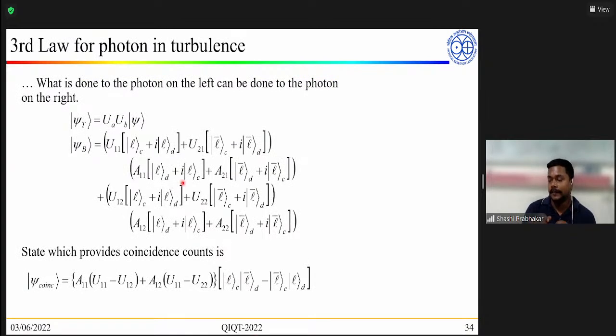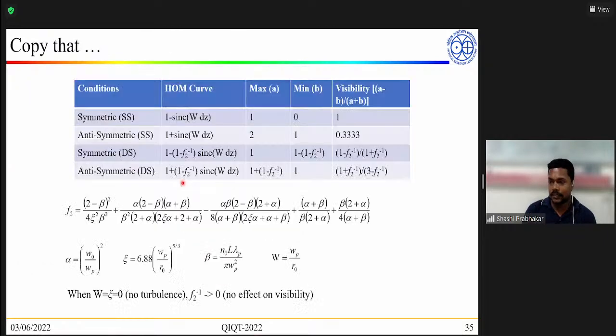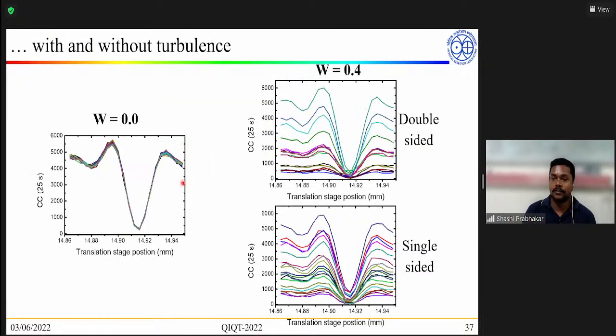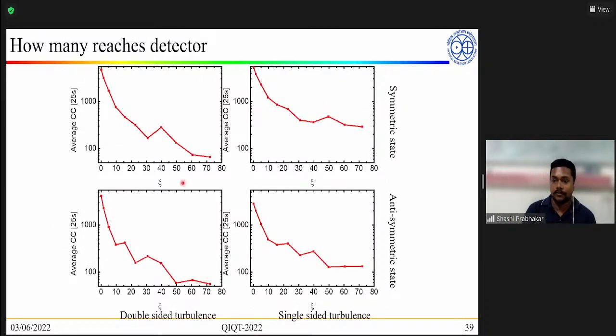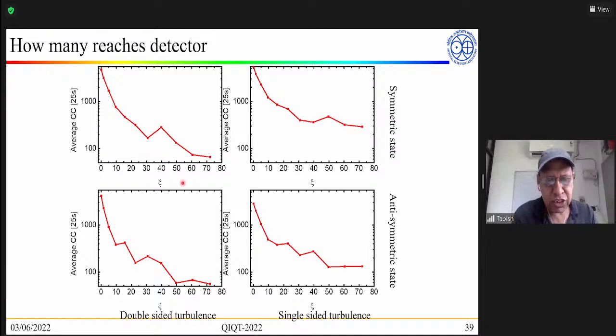So if it only comes down to the visibility, if you are not interested in the number of photons reaching the detector, this single-sided turbulence is going to give you perfect visibility but a smaller number of photons. So double-sided turbulence means more noise, and your visibility is also changing. Okay, so another question I have is that